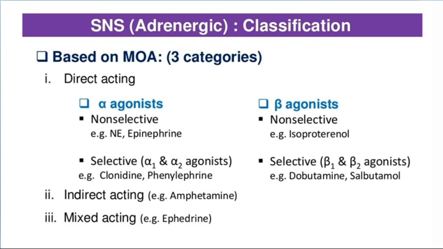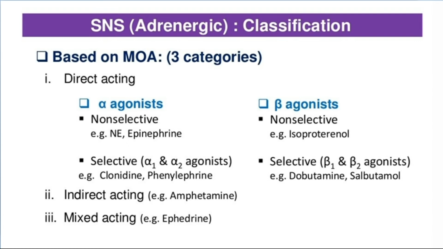SNS, adrenergic classification. Based on mechanism of action, we have three categories: direct acting, indirect acting, mixed acting. Direct acting, we have alpha agonist and beta agonist. Alpha agonist, non-selective, example norepinephrine, epinephrine. Beta agonist, non-selective, example